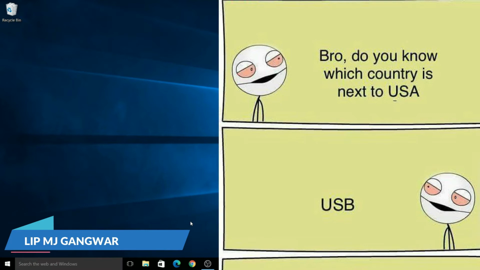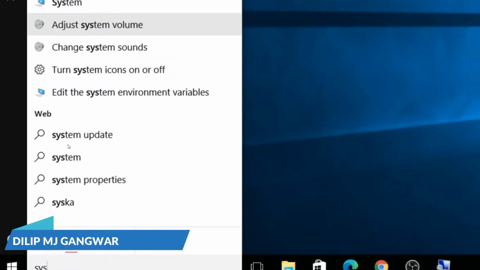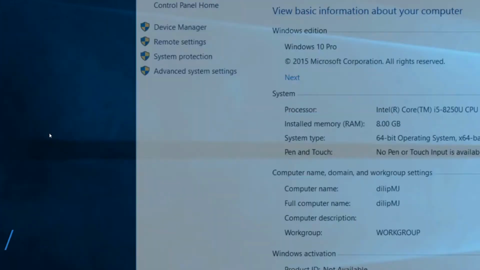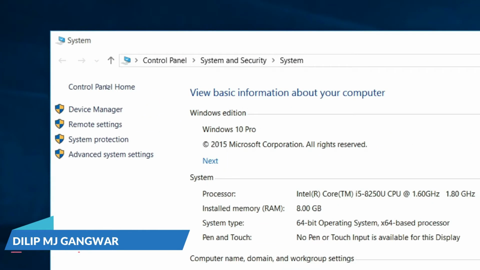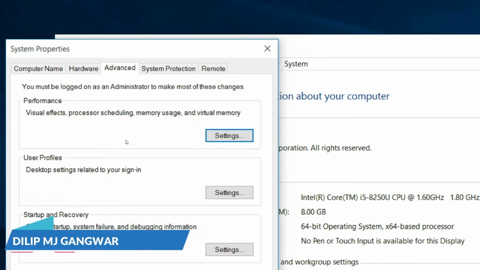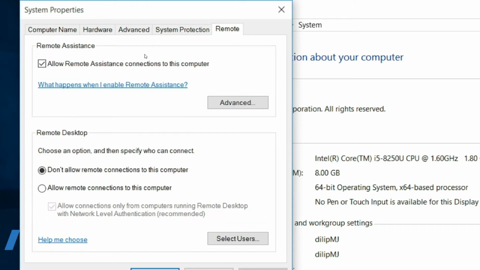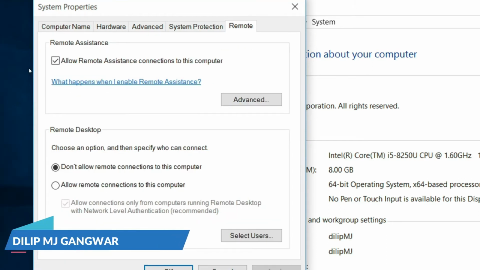The very first thing you have to do is click on Windows and write system here. As you write sys, you see System, click on it, and here you can easily see Advanced system settings. Click on this and this is the System Properties window. In all the tabs you can see Computer Name, Hardware. You get the Remote tab here, the last one. In this section, the first setting is Remote Assistance.